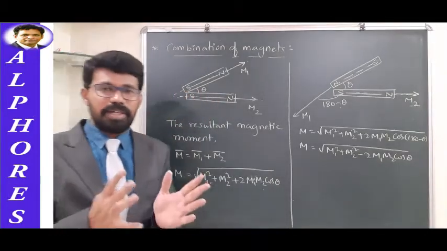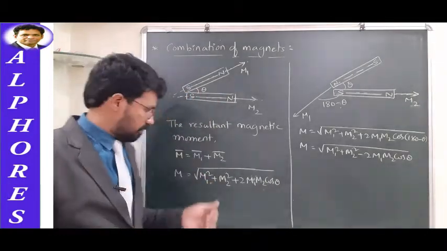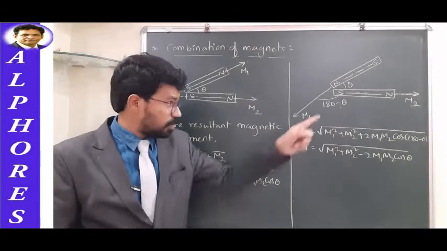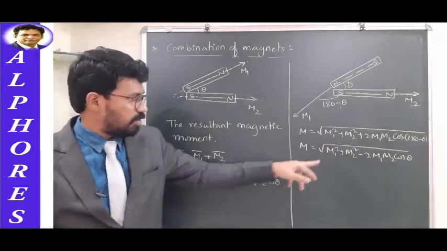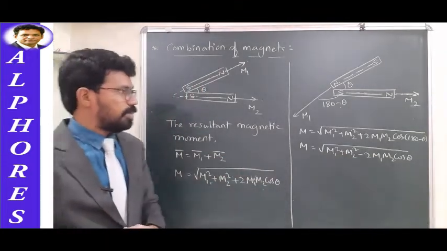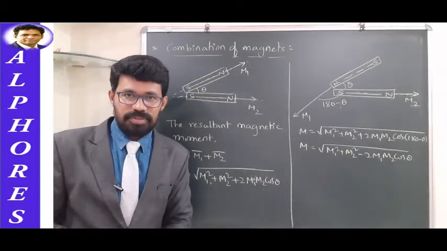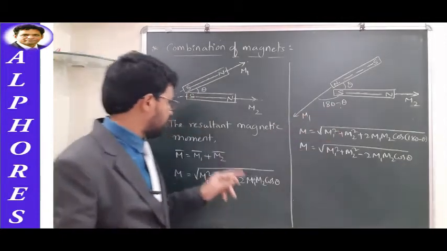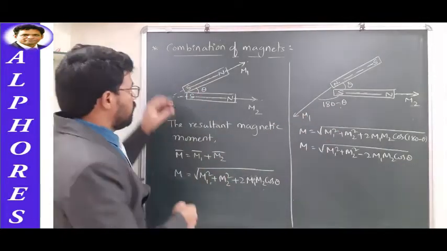If you are simply adding two velocities or two forces, this is how you will be writing the equation. If you are subtracting one vector from the other vector, you will be writing something like this. So these two general equations are important. Now this angle can be anything. If this is placed